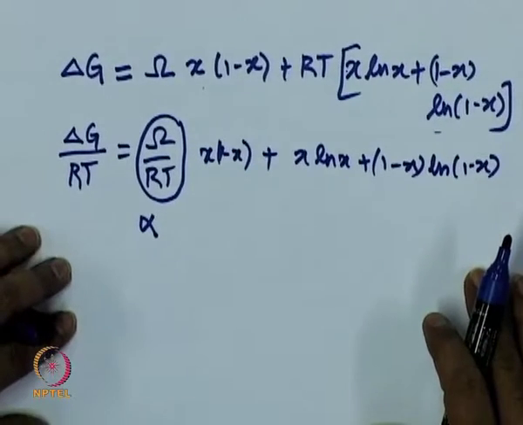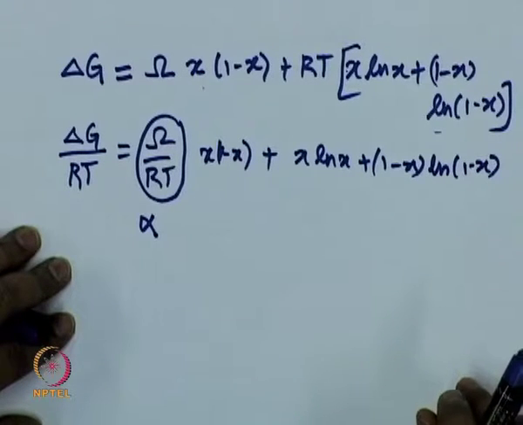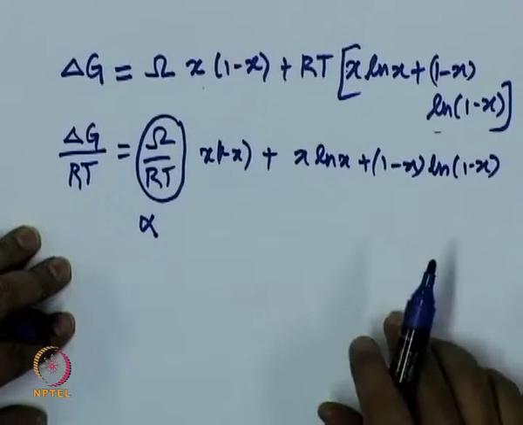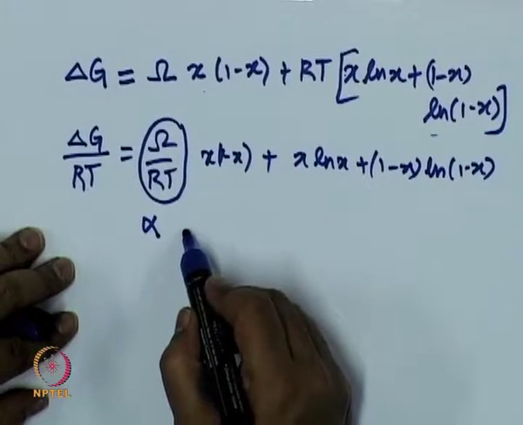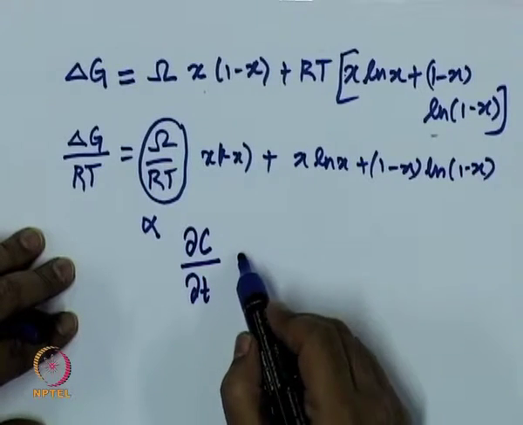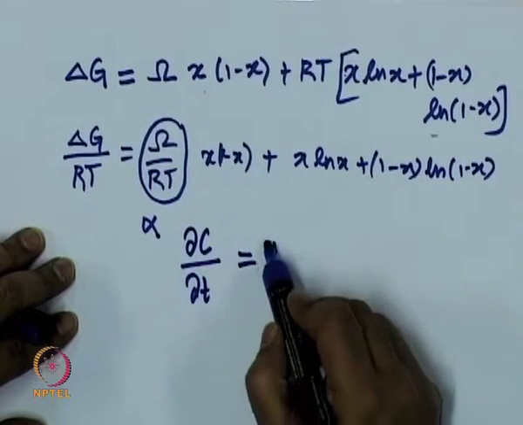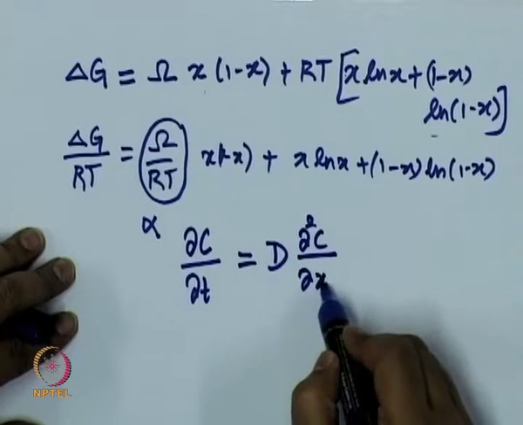Now, we are going to do the next non-dimensionalization, which is for the partial differential equation, which is the so called Fick's second law. Okay. We have derived this equation. So, I am going to write the one dimensional version of the equation and non-dimensionalize that equation. Okay. So, the equation is: rate of change of concentration is equal to D, I have assumed the diffusivity to be a constant, del squared C by del x squared.